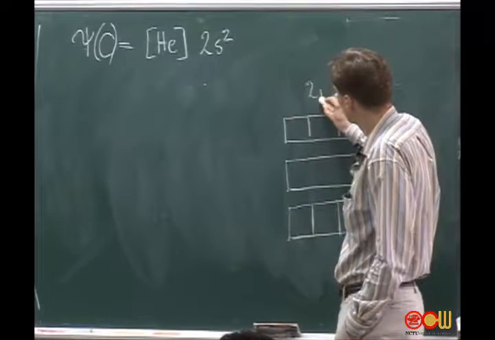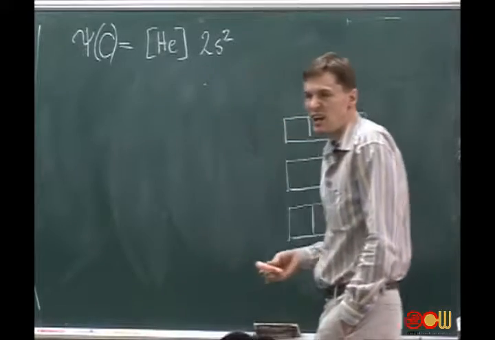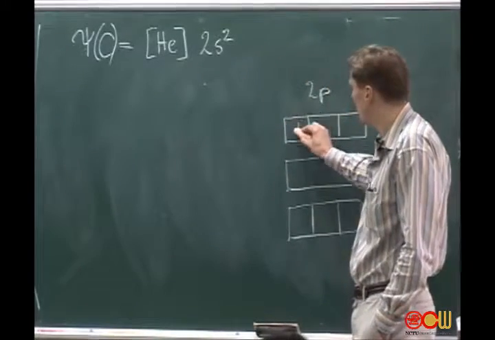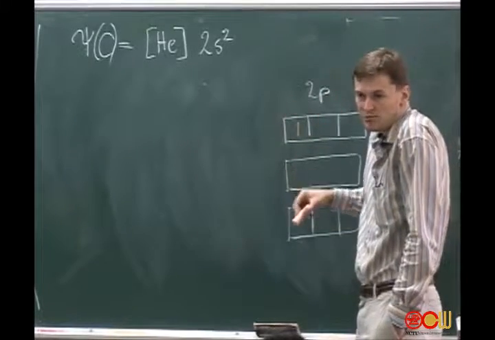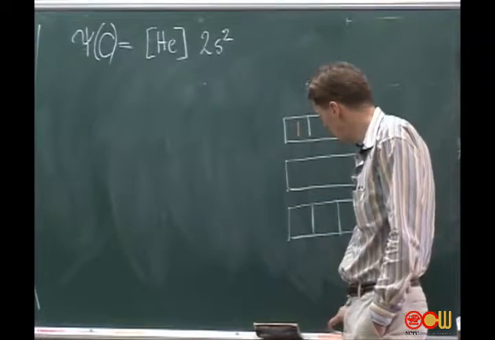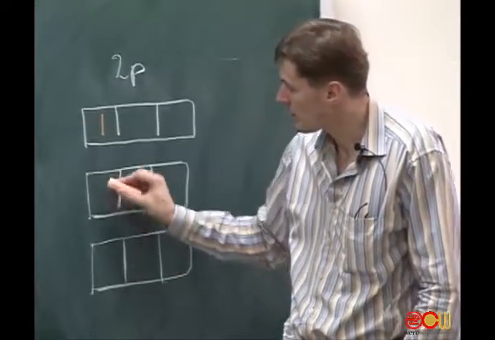For the 2p, how can I put them? Well, you see that if I have 1 electron, probably it doesn't matter if I put it here, here, or here, and I put it up or down. Probably that would have the same energy. Doesn't matter. But if I have 2 electrons,